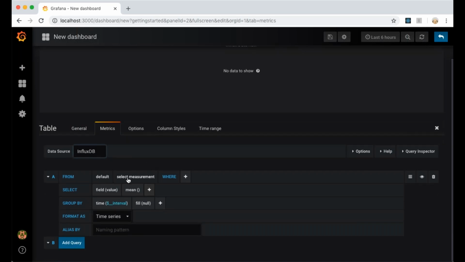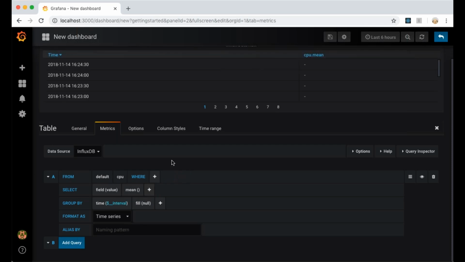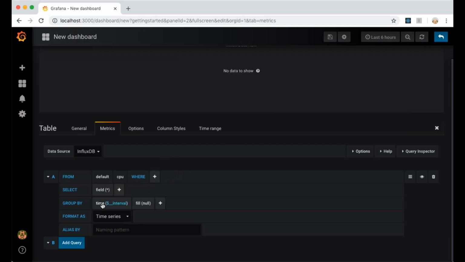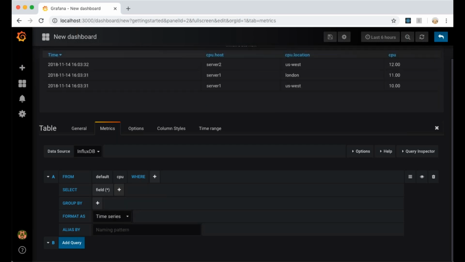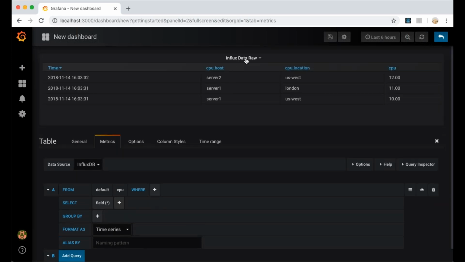And now I can look at the CPU measurements that were just being added. But by default, it's already assuming a couple of things here, basically that there are certain fields. But to just look at raw data, let's just get all the fields. Let's remove some group bys here. So just really quickly, this allows me now to see what's actually being stored in the influx DB